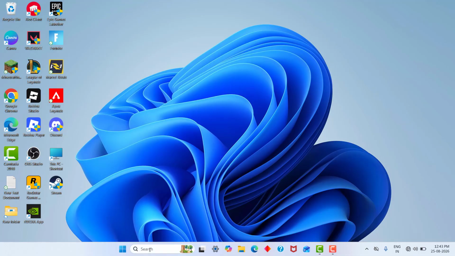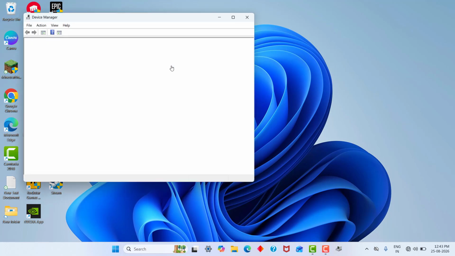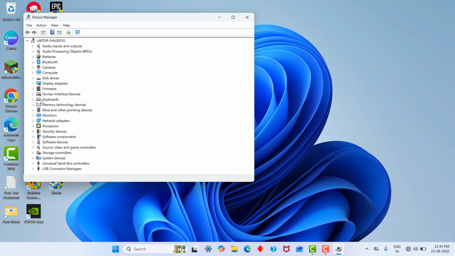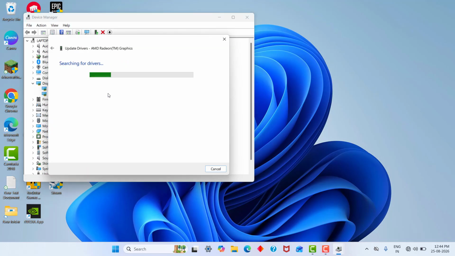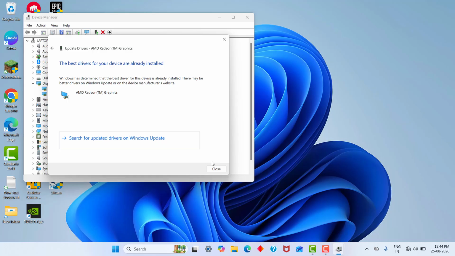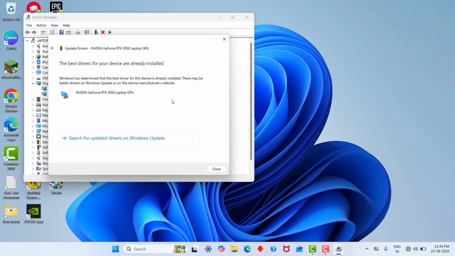Next step, open Device Manager. Click it. Click Display Adapters and check the drivers. Depending on the device, it may vary, so you need to check the drivers here. After checking, go to the official website of the drivers, download and install the latest version. That is one method. And the next method, you can right click the driver, click Update Driver,